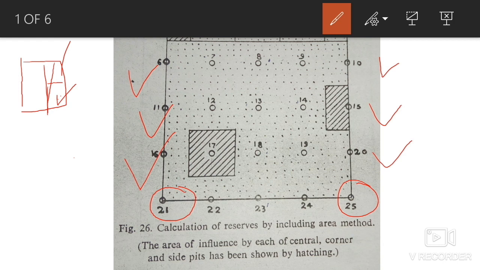That's why it is written here that the area of influence of each central, corner, and side pit has been shown by hatched lines. In other words, we can say the area of influence, and hence the weight for the width encountered in the central pits, is twice and 4 times that of the side and corner pits. Accordingly, the volume of the ore,